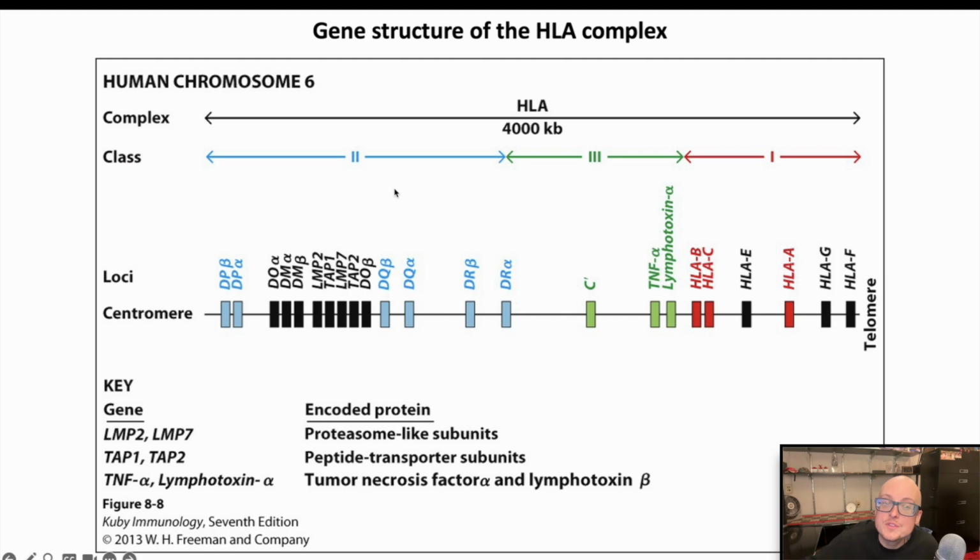But notice that they are within the class 2 region. This is just a little bit of a discrepancy that you just sort of have to know. But it means that loss of the class 2 region, for example, if you had some kind of genetic deletion